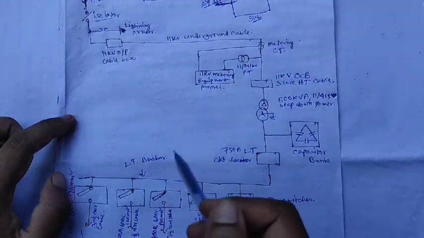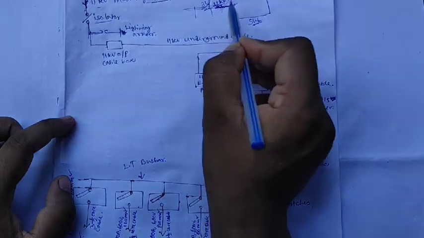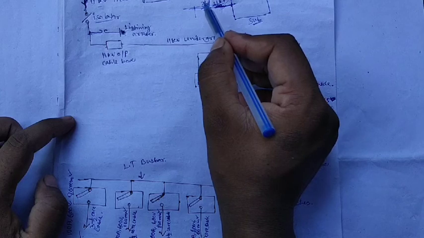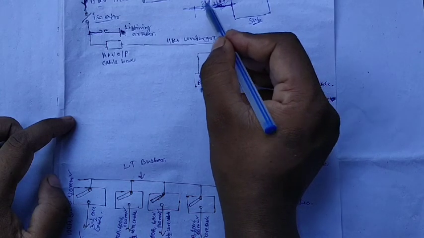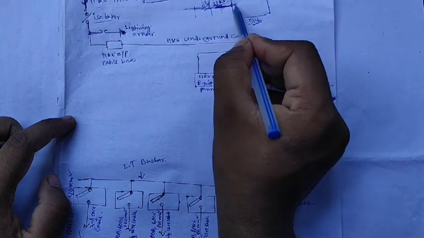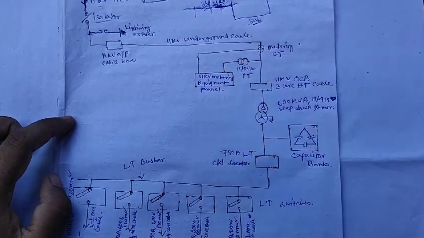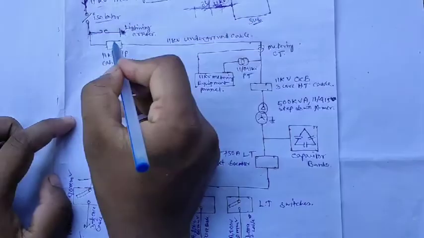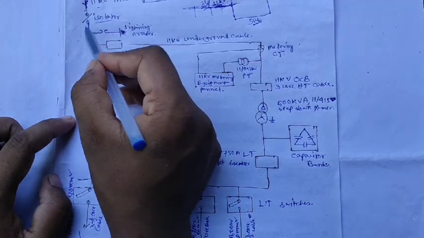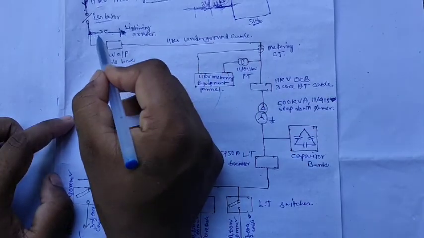The reason is that a line is incoming by a transmission line or transmission pole. If lightning or a surge happens on the transmission pole or this line, then the current will flow through this conductor, and important parts of this substation can be damaged. So the lightning arrestor is present at the incoming of this line, so no faulty current comes to this part.